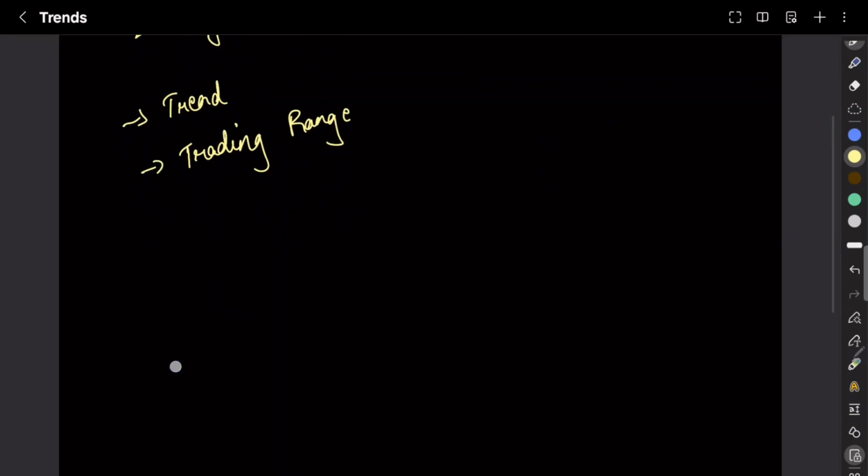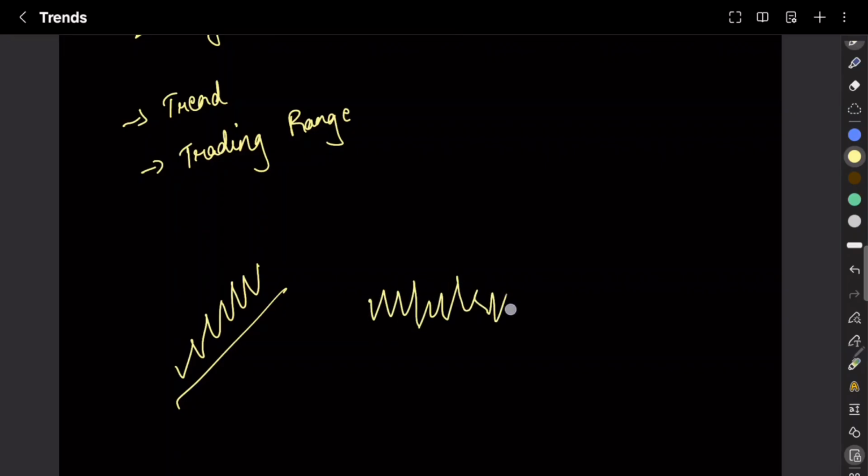A trend is obviously when the market keeps on making higher highs, higher lows, right? Obviously in the bull trend. And a trading range is when the market is ranging between two major levels without breaking out, and either the upper becomes support and the lower becomes resistance, right? So obviously within a trend there can also be a trading range, and within a trading range there can also be a trend. So we'll discuss that in later chapters, but first we'll start with this today,